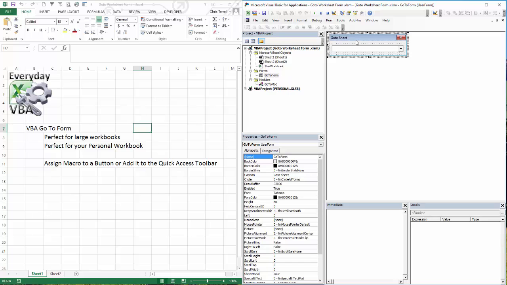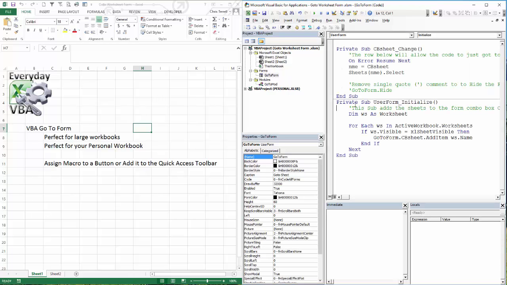So let me just show you what this looks like. Just a little bit of the code so you kind of get a background. When it initializes, it goes through and loads all of the sheets into the combo box. And then when you select it, it actually selects that sheet. This is awesome for when you have very large workbooks, so that you can go quickly up and down if you want to go all the way to the end or all the way into the middle. It's just a really nice